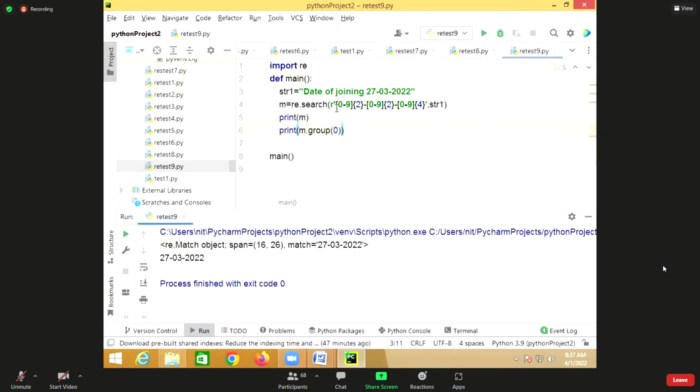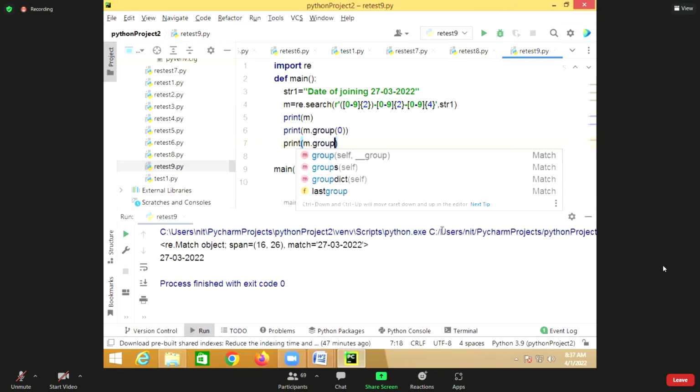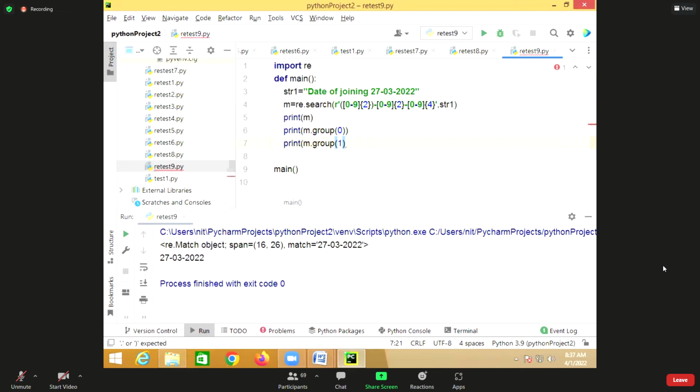And this can be further divided into a number of groups. For example, grouping is done using parenthesis. Here, I take the date as one group. The complete match is one group, called group 0, and here the date is one group. From the complete match group, I'm trying to read another group, called 1. Within parentheses, you refer to one group.